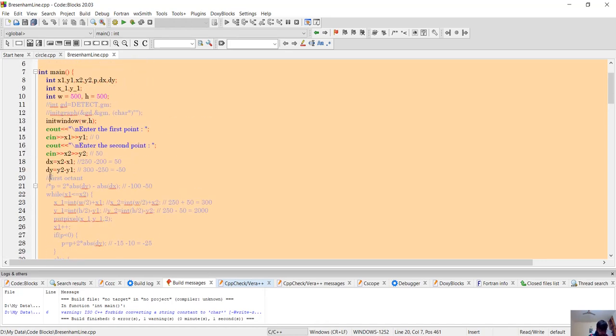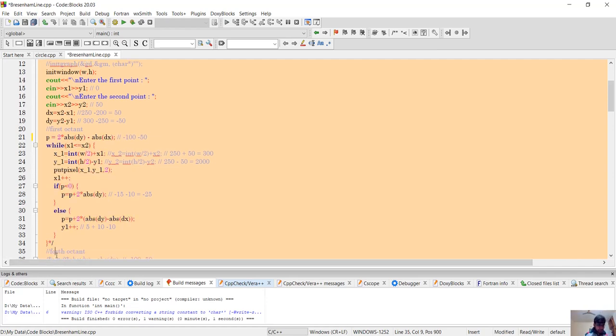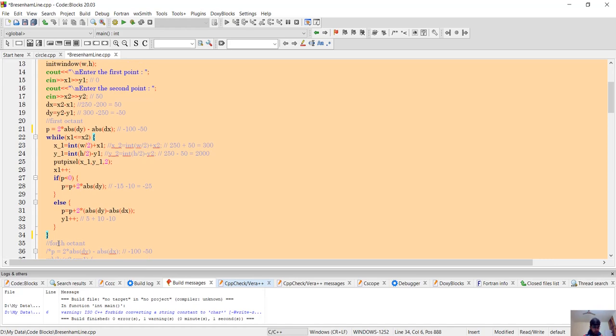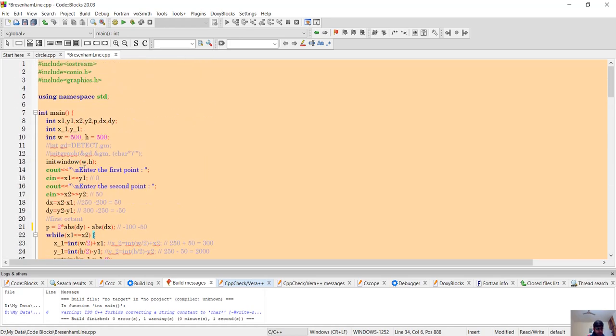Actually, I have to talk about the comment. The comment is not executed in the code, as you know already. For multiple line comments, what I have done is front slash and asterisk. Okay, so this is the front slash and asterisk. If I delete that, then our commented code will be taken by us. For all the next octants, I have commented because we don't want to run that right now.